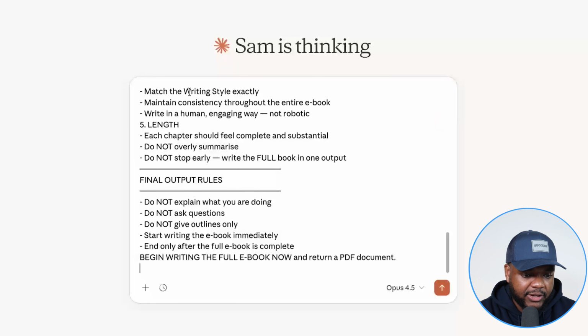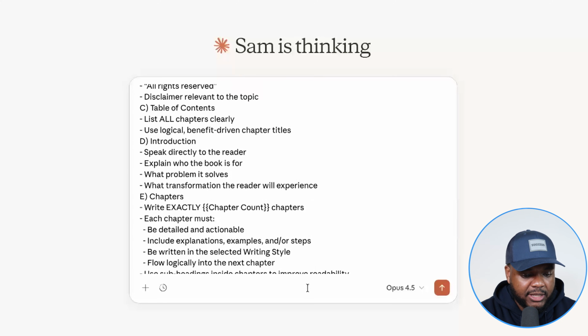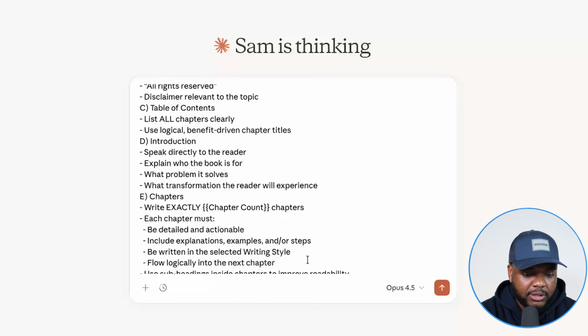I'm just going to paste everything in there just like that. As you can see, it's very detailed. You don't need to read it at this stage. You could just leave it on something like Opus 4.5, or you can even use Sonnet 4.5. It's down to you. I'm just going to leave it on this one, and then I'm going to click on